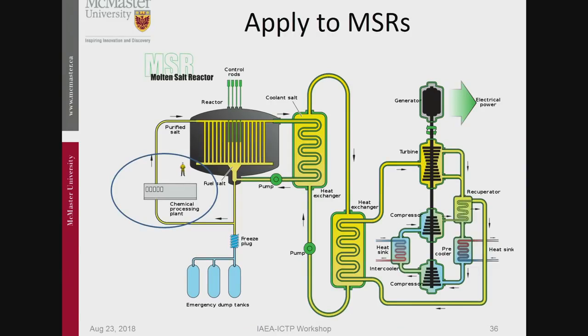Now we're going to apply all of this to the molten salt reactors. So the first thing that I just mentioned already here is this chemical processing plant. This is how you draw a plant with little windows. Usually they put a smokestack on it, but recently they haven't done that anymore. So the fuel salt goes like this, goes through. This is the purification part. And most of it goes this way into the heat exchanger, to the secondary circuit,